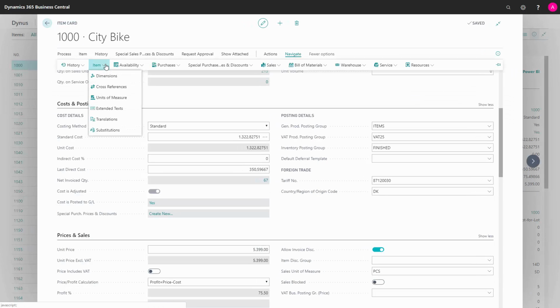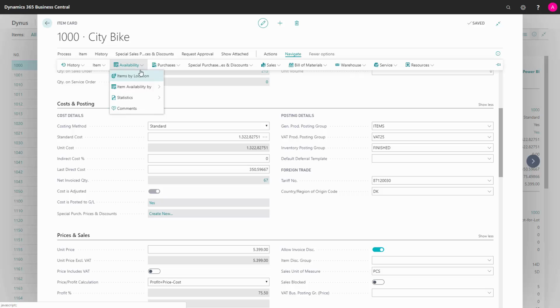On the item action in the Navigate tab, you can add default dimensions to the items. So if you work with dimensions in Business Central, you can set up specific dimension values for this item as a default when using the item in different journals or documents. And of course, this is mixed up with the dimension setup from the vendors and customers when the documents relate to purchases and sales.